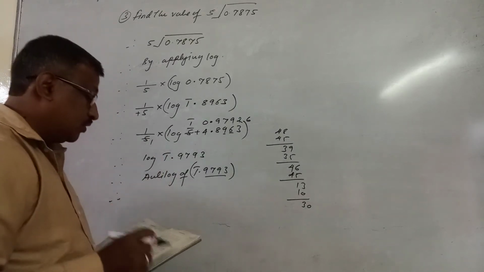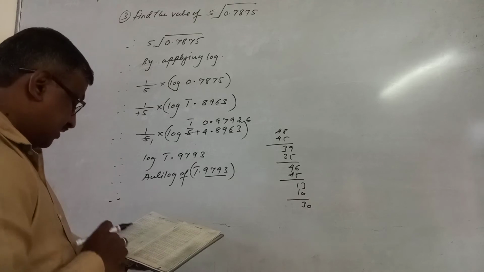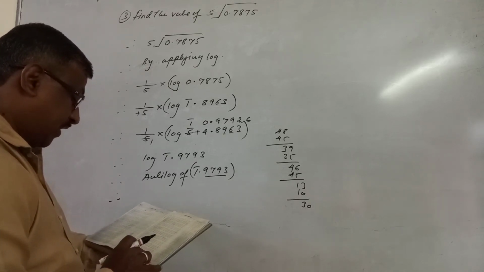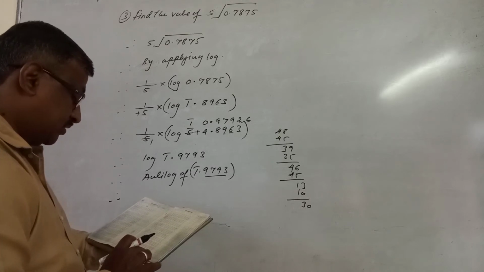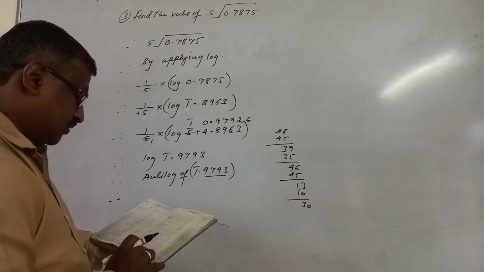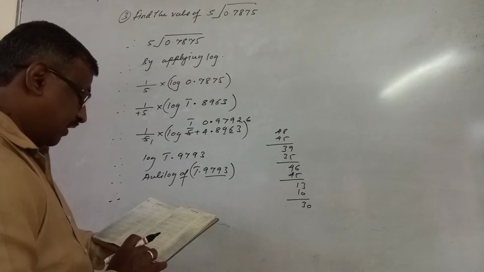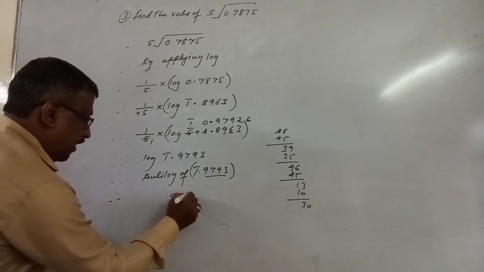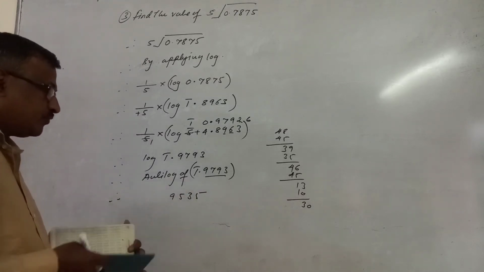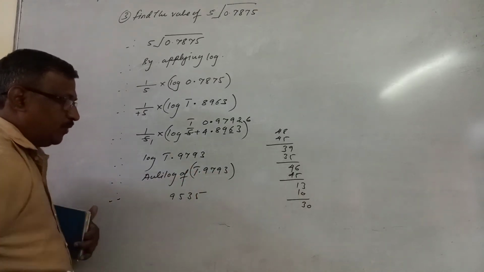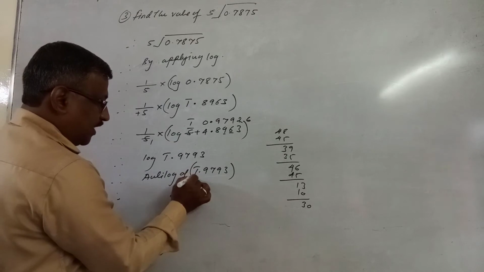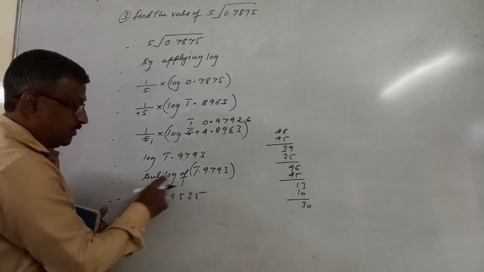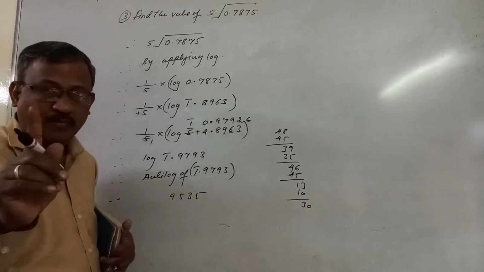So in the anti-log, you see 0.97 ninth column, you will get it is 9528, and mean difference, it is third column is 7. So add that, you will get 9535. And now we have to place the decimal point, and to place the decimal point, you have to refer the characteristics. It is what? Bar 1 is what? Negative. And when characteristic is negative, while seeing the anti-log, you have to minus 1.